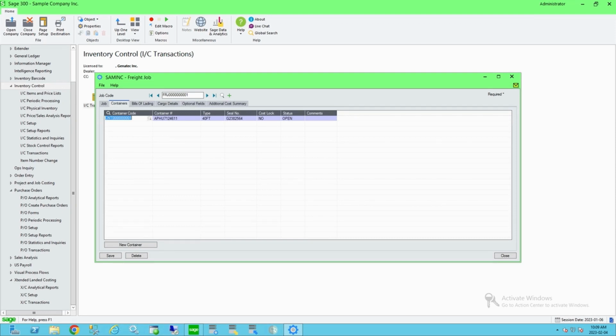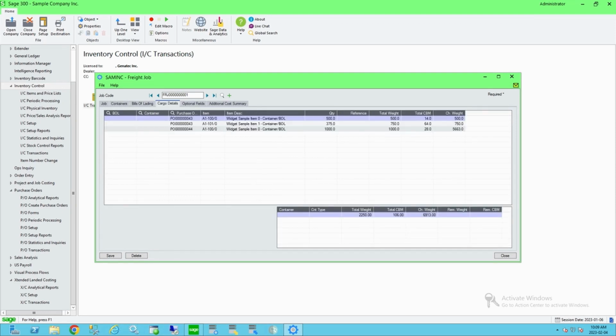So we say that we want container 1, we go back to the cargo details and start placing our stock in containers. As we'll notice on a specific line, we'll know that it's a PO, a specific PO line, the quantity. Most importantly, what is the total CBM, cubic meters, that this will occupy, and the total weight. For any container, essentially, you either have to max out the volume or the weight, so whichever comes first. So what you'll see is, as we're selecting the containers, so I'm going to say container 1,